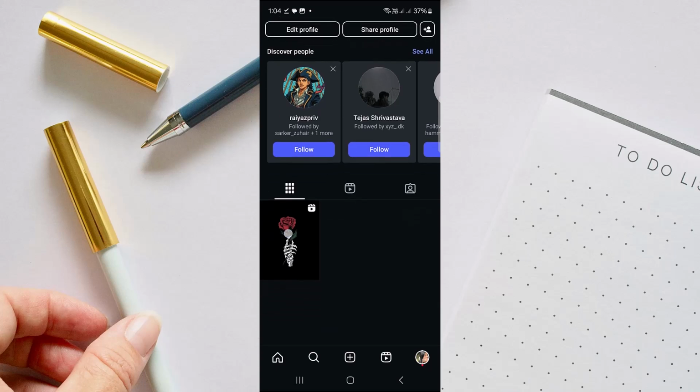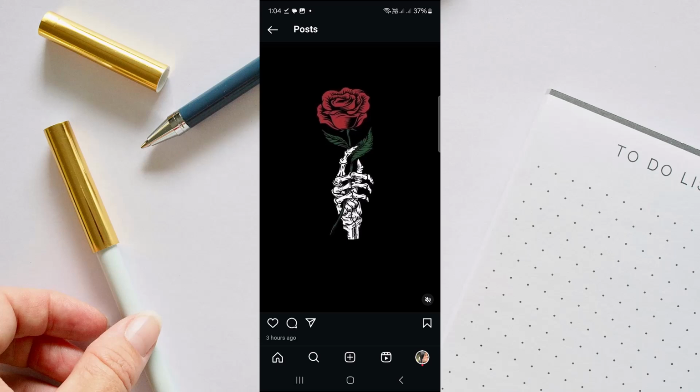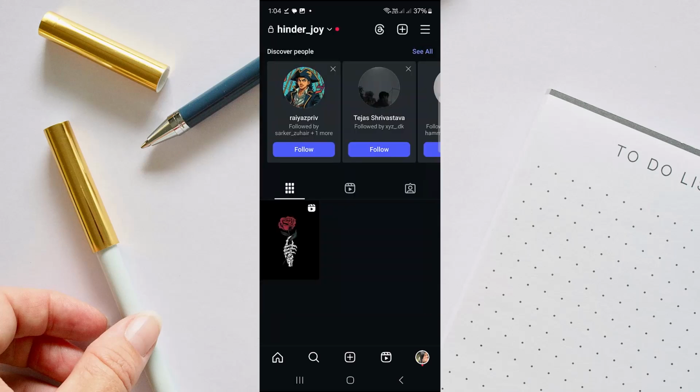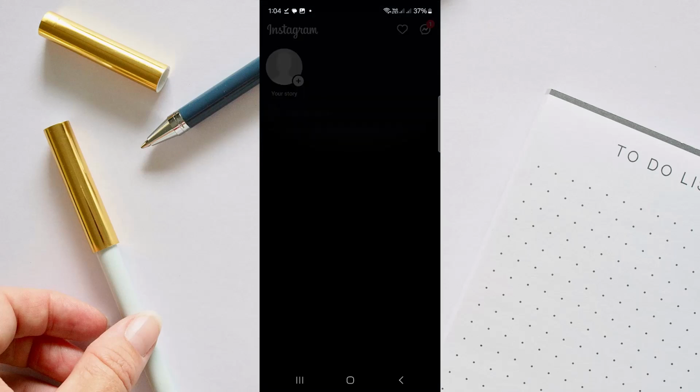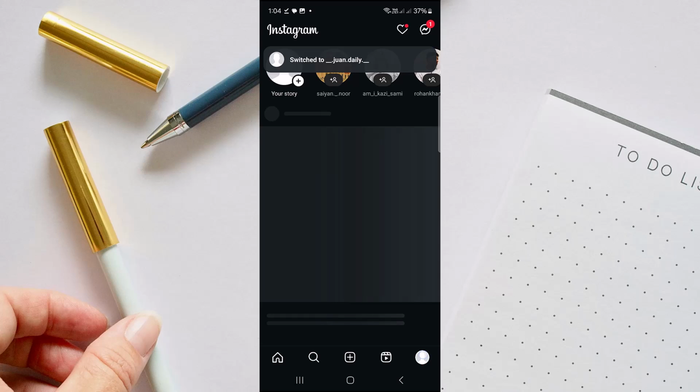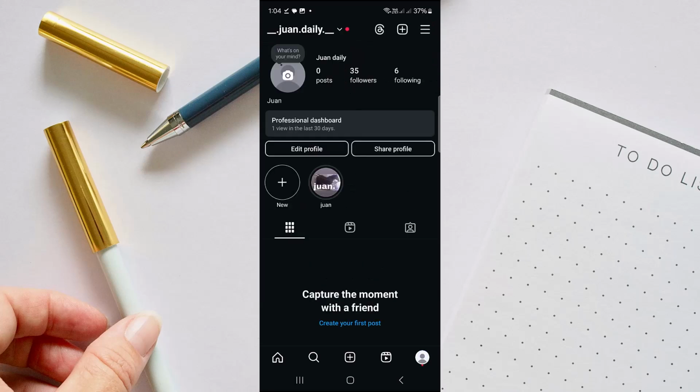Let's head over there. And if you want to share your Reels on Facebook, make sure you have a connection with your Facebook, or linked up with Facebook. So let me head over to my linked up channel first. So once you are there, you will find any sort of post or reels that you have posted, and from